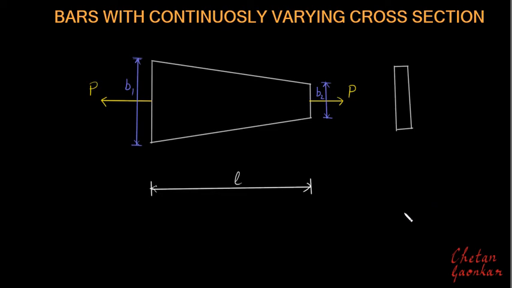So far we have seen how to calculate the deformation in a bar which has a cross section which is uniform throughout its length. Suppose we have a bar with a cross section of A throughout its length L, the material property is E, and it is subjected to load P. In this kind of bar we know that the deformation can be calculated as dl equal to PL by AE, and we could do this because this area was constant throughout this length.